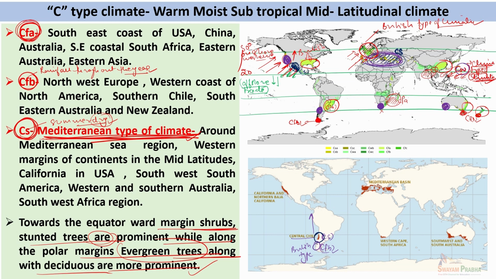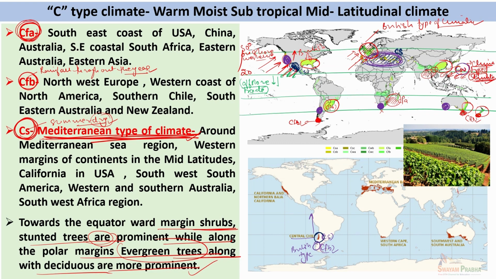And these Mediterranean regions of the world are also best for the cultivation of fruits, specifically the citrus fruits. So extensive vineyards, grape cultivation, orange cultivation can be seen in these areas. For example, California is famous for its sun-kissed oranges, orchards, and extensive fruit cultivation, specifically the citrus fruit cultivation, which thrives very well in these types of climates which experience winter rainfall. So you have Mediterranean type of climate which supports the fruit cultivation, specifically the citrus fruit cultivation. So this was all about the distribution of C type of climate.